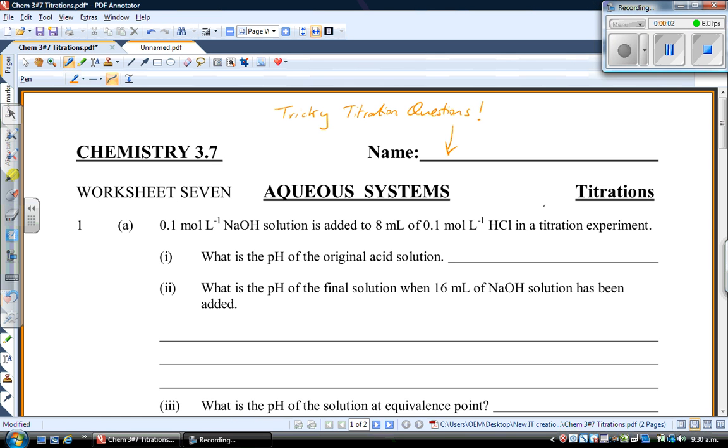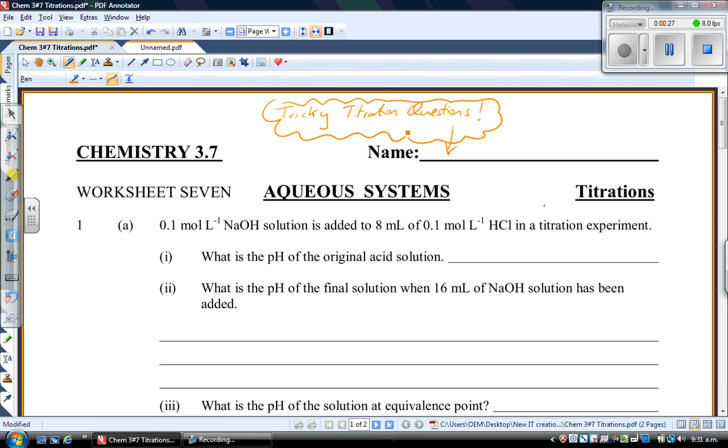So welcome to the second of my videos on the titration course for Level 3 Aqueous Systems. This video is going to be entitled "Tricky Titration Questions". It's even difficult to say, because what we did in the first video was go through the standard theory that you would get for your titration curve questions, but there are some that they put as part C questions